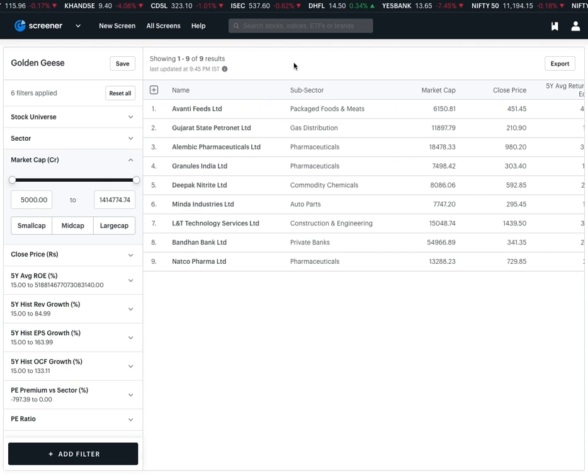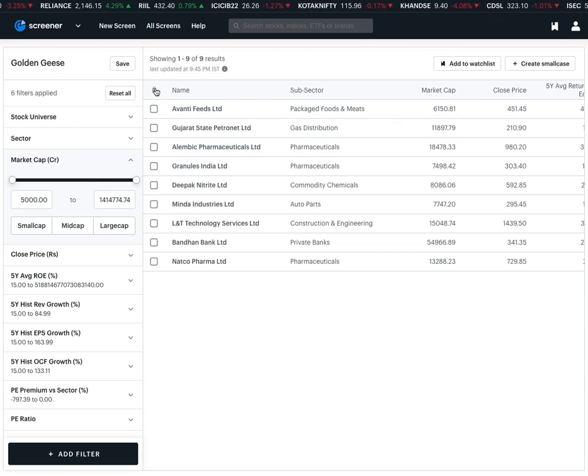Okay, so now we will move on to what actions you can perform on all the screening that you're doing, right? So you have applied filters, you've gotten a result set. Now what you do with this result set is what is interesting now, right? Because either I take this list and I go back and I transact on them one by one, or I can do it at one go as well. So for that, we have a multi-select tool.